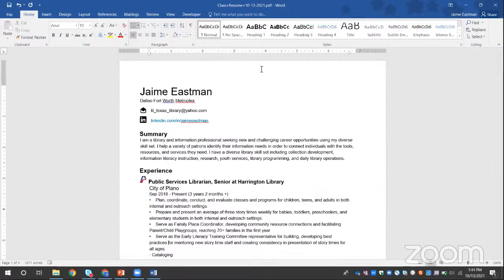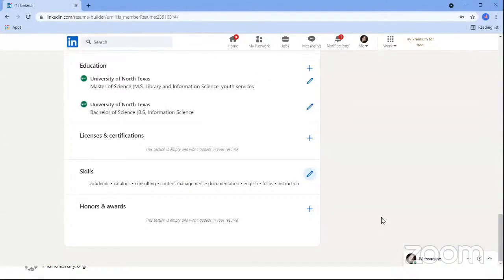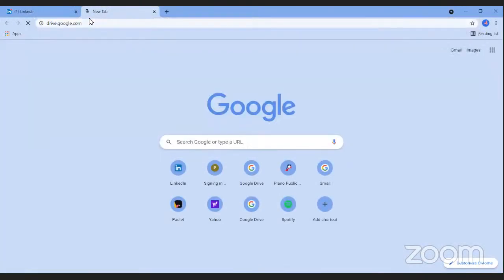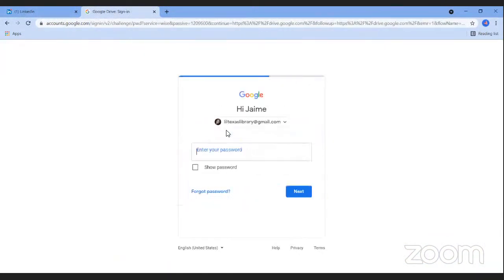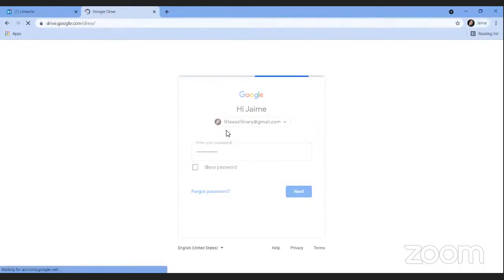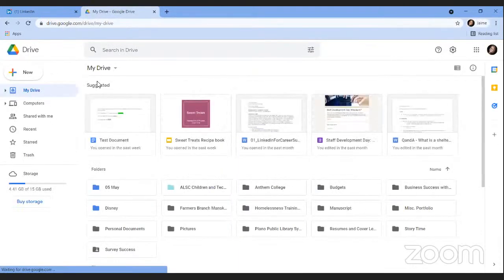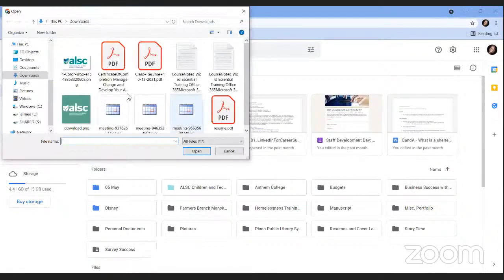Now, let's say that I want to do the same thing, but I want to open up my PDF in Google Drive instead. I'm going to go ahead and go over to my Google account, and I would sign in. And this is where I could upload my file, and I would just do a new file upload, find my resume.